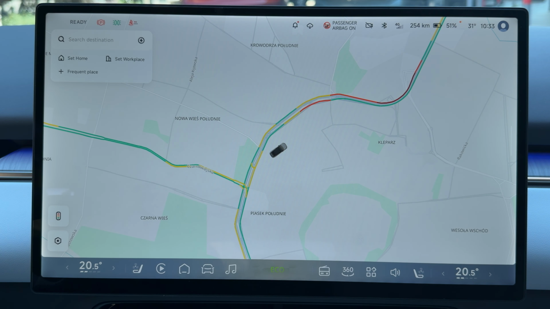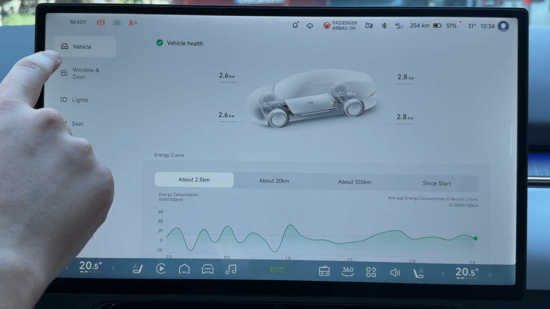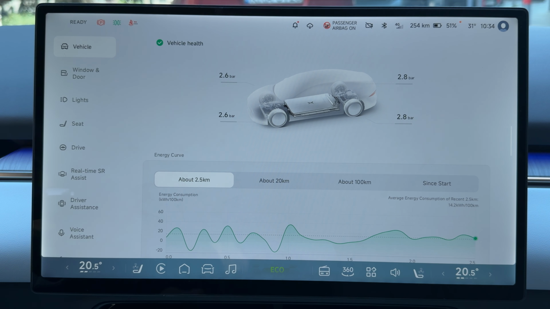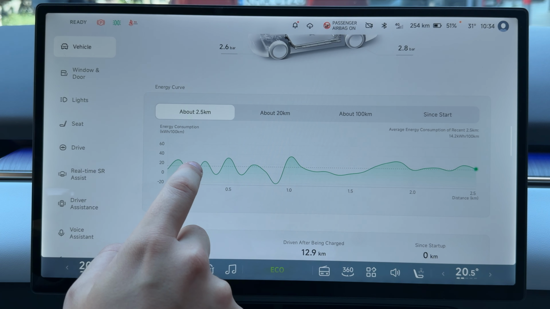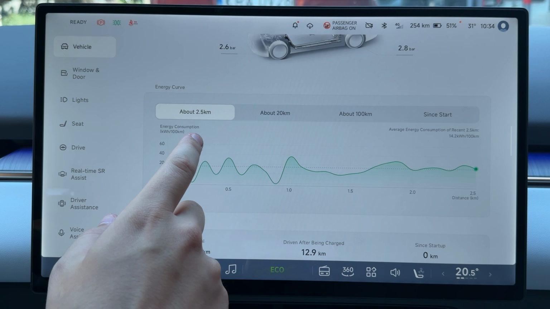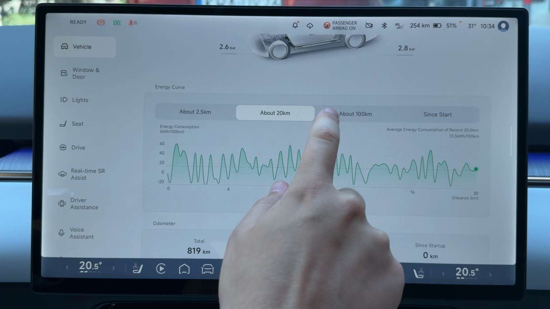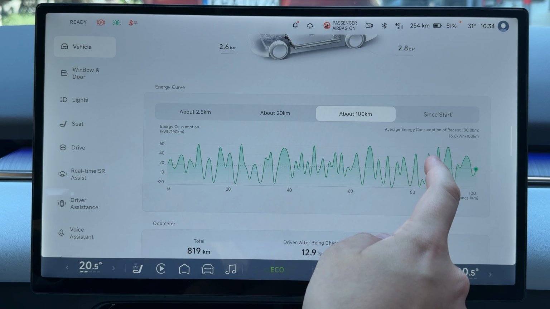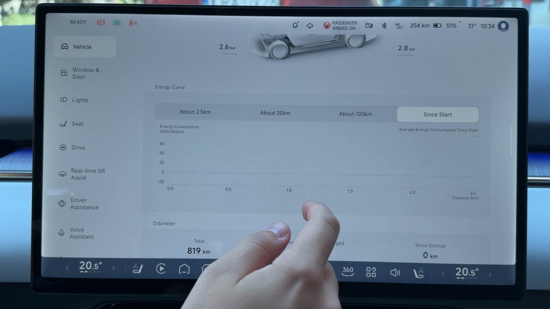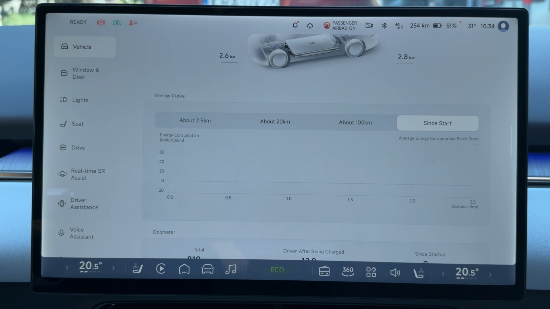In today's video, I'll show you how to easily check your energy curve on the XPeng car. This is for every single XPeng vehicle. All you need to do is go over into the car icon right here and make sure that you're in the vehicle section. Here we will have our energy curve and we can check it for about 2.5 kilometers, 20 and 100. Also, you can check it since the start, but it takes some time and sometimes it may